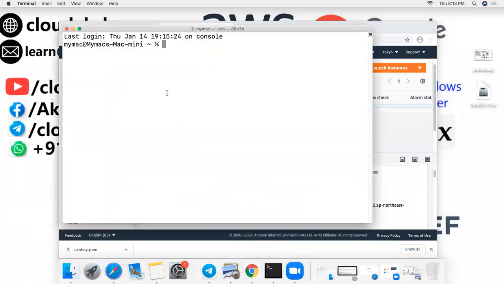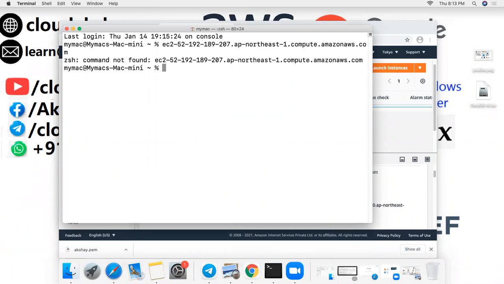terminal. This is my terminal and here I paste the IP. So let's just start sudo ssh with the pem file.